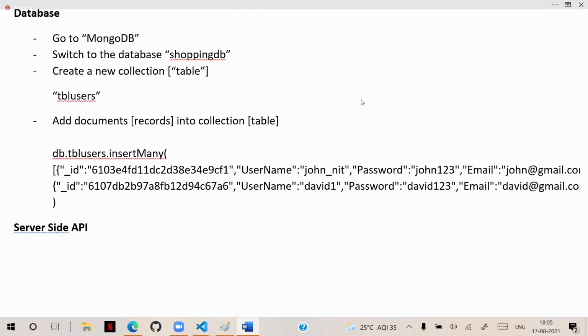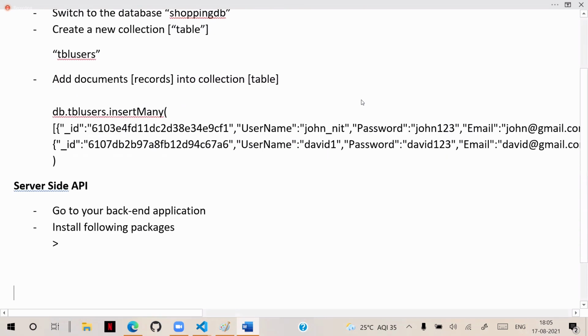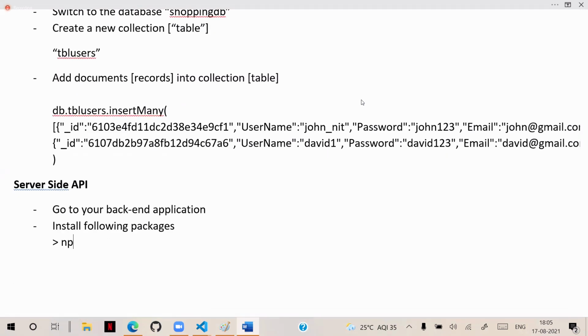Database table is ready. Now for the server side API, go to your backend application. Already we created a backend application. Install the following packages. You remember those packages. We have to run npm install mongodb, that is one package, with save.